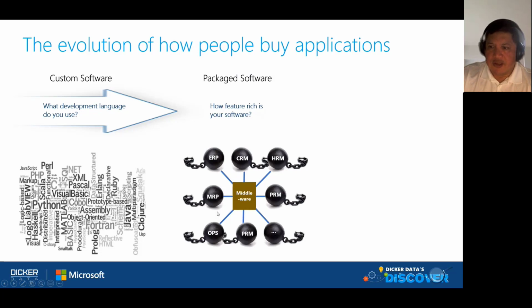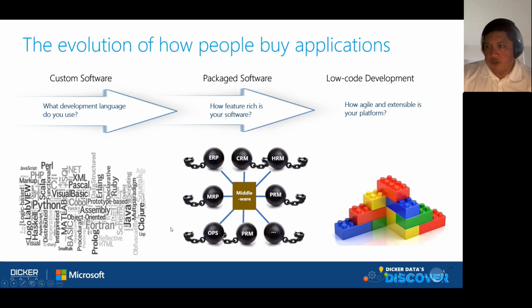And more often than not, to connect a lot of these applications, you had some type of integration or middleware running in between the applications to pass information through. We've gotten to a point now with what we call low-code development, where you can develop your own bespoke line of business processes and applications, and automate a lot of your manual processes